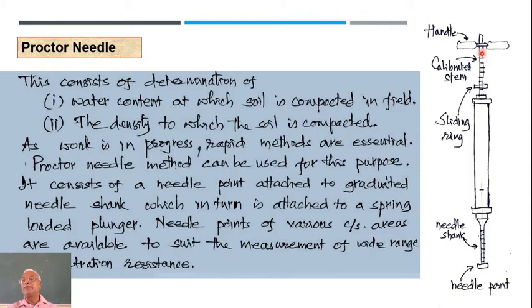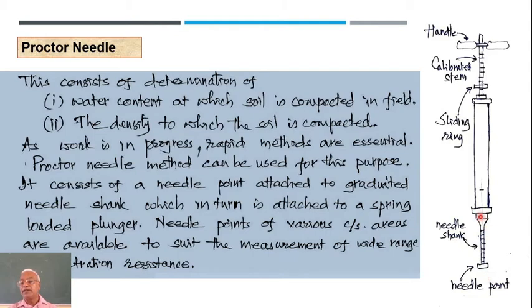On this there will be graduations. Then here there is a sliding ring, right? It will always be put at the bottom there. When you press it, it will be going up, and then when you remove it, it will be staying at that particular graduation, so that you can read the reading from there. Then here inside that there will be a spring. Then at the tip there will be a piston kind of thing, which will be referred to as proctor needle.